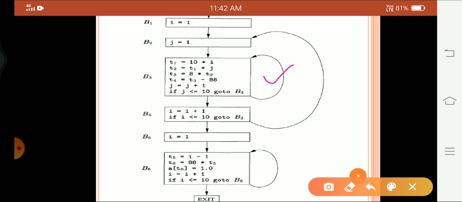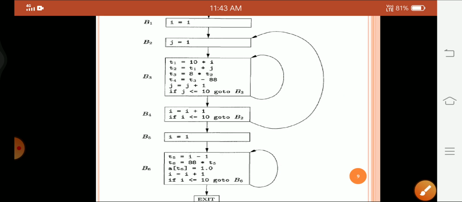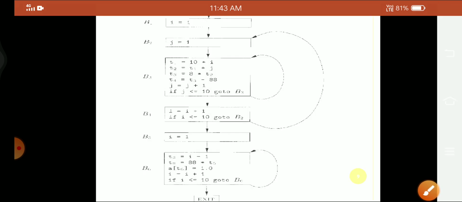Here you can see that. Again, if a second conditional statement occurs, you can see the control transfer in the flow graph, so again at B6. So this is how the flow graph depicts the flow of information by using a graph.